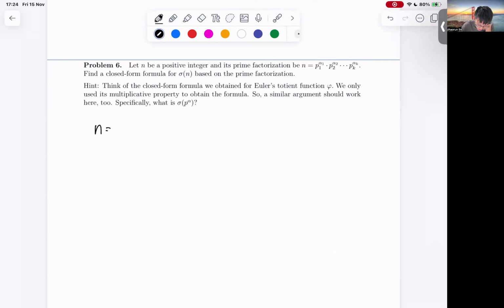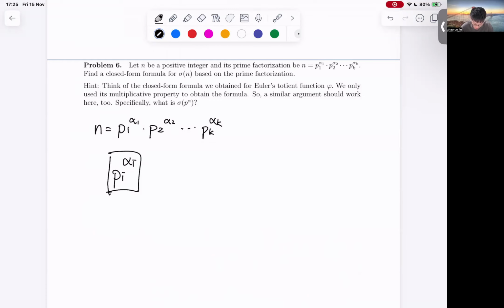So every positive integer could be written as this, with alpha k, and since every pi is prime, the divisor of, so we take one of the elements out. So if we consider pi to the power of alpha I,